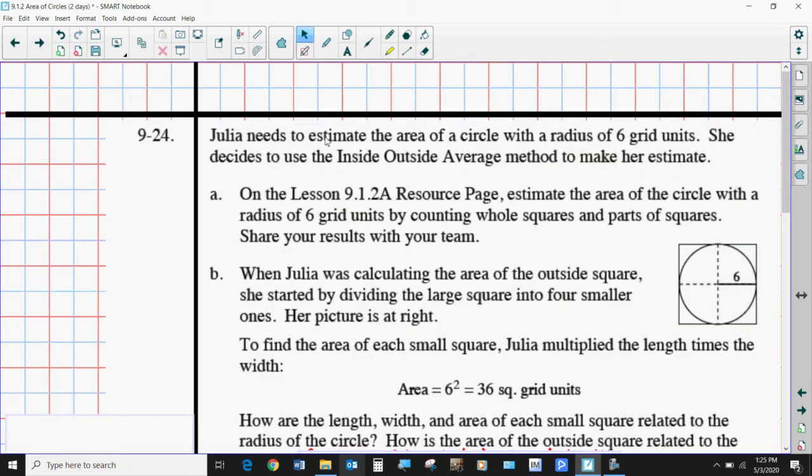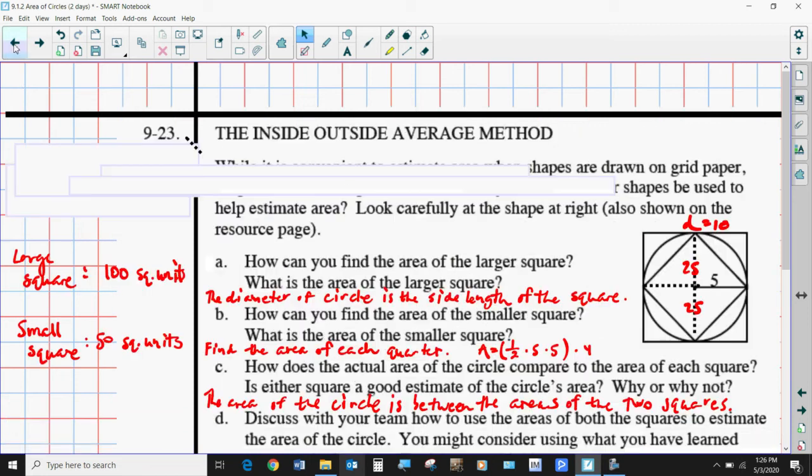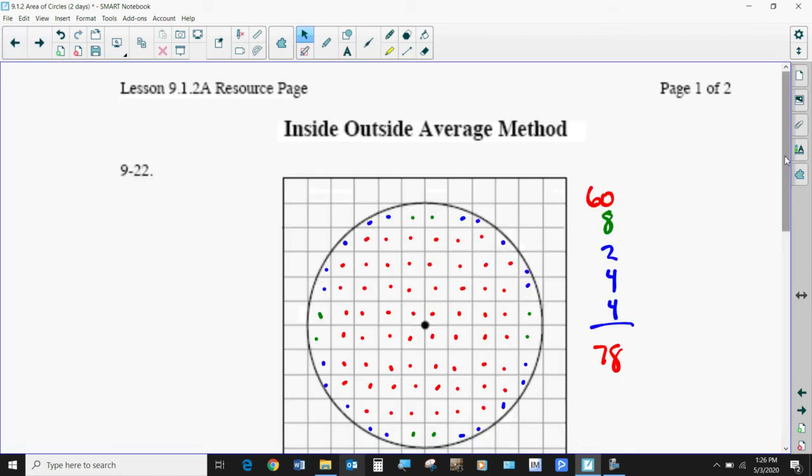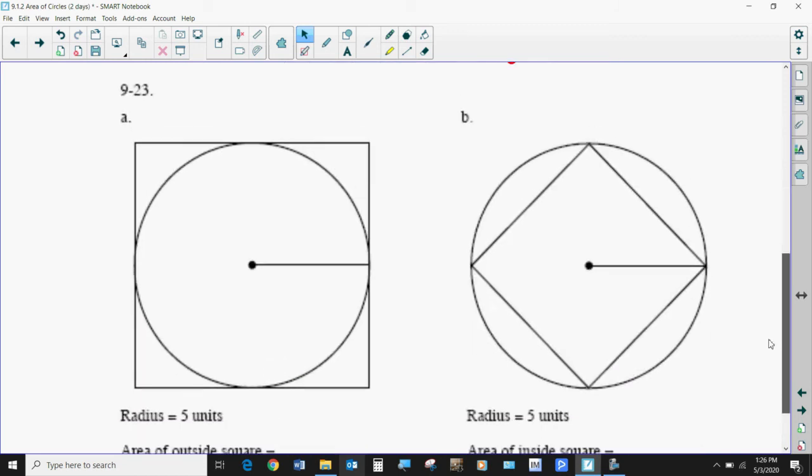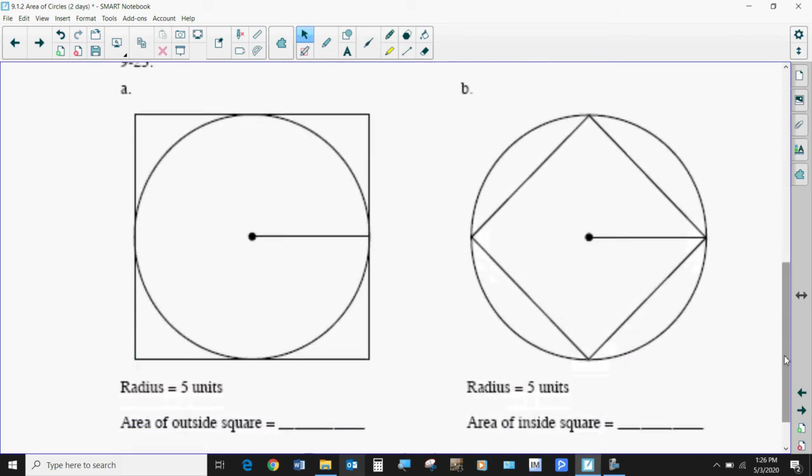All right, so Julia needs to estimate the area of a circle that has 6 units as its radius. She decides to use the inside-outside method to make her estimate. So on that resource page, let's go back here. Here's the resource page. When you go down to the second part, what did we say here? We already did part A, right? So this one was about 75 square units. And now this one,